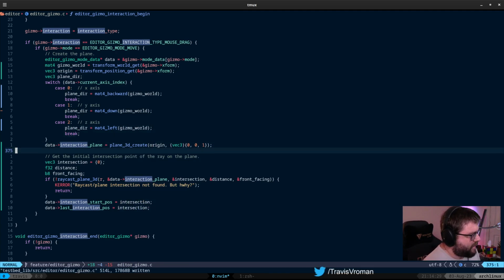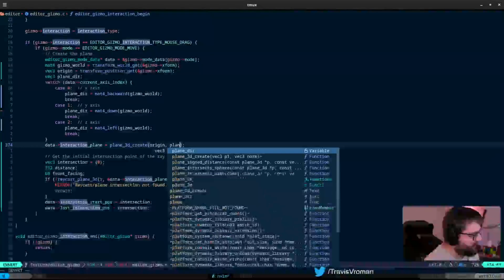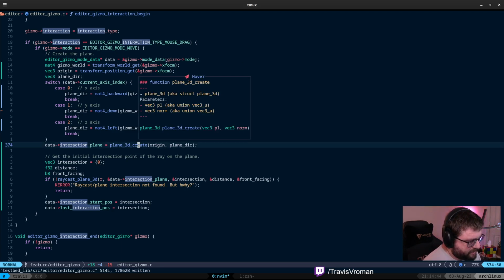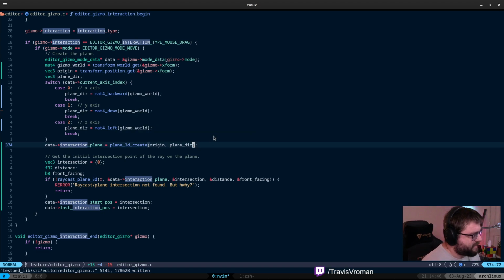Then at that point, we can go ahead and just delete this and instead say plane direction, okay? And that is going to give us essentially the normal of the plane, right? So the normal is not necessarily going to be the same direction as the axis we're going to work on. It's actually not going to be that, right? So on the x-axis, we want the z-axis. On the y-axis,